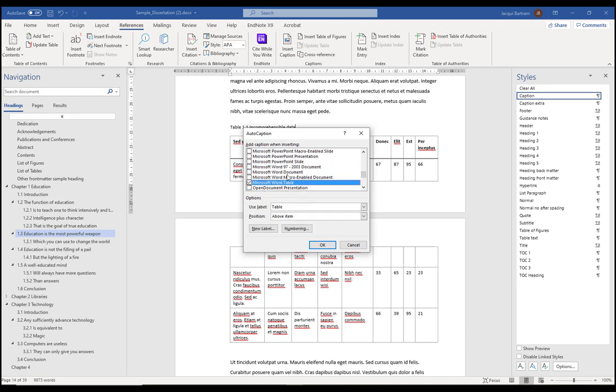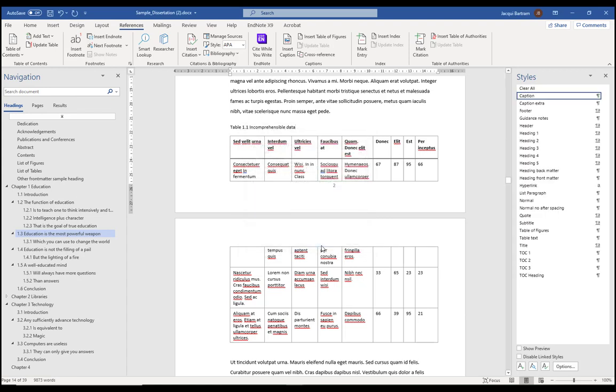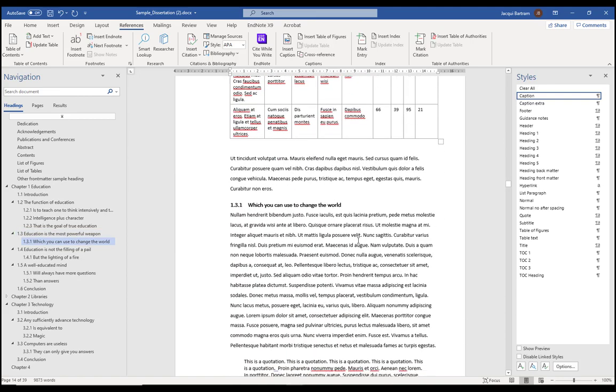If I wanted to bring in Excel charts, I can do that, and that's automatically going to use a figure. If I was doing an Excel worksheet, it thinks I should use figure, but I can change that to be table. So you can set this for the things that are in this list. Click OK. Nothing appears to have happened, but now if I go and insert another table,